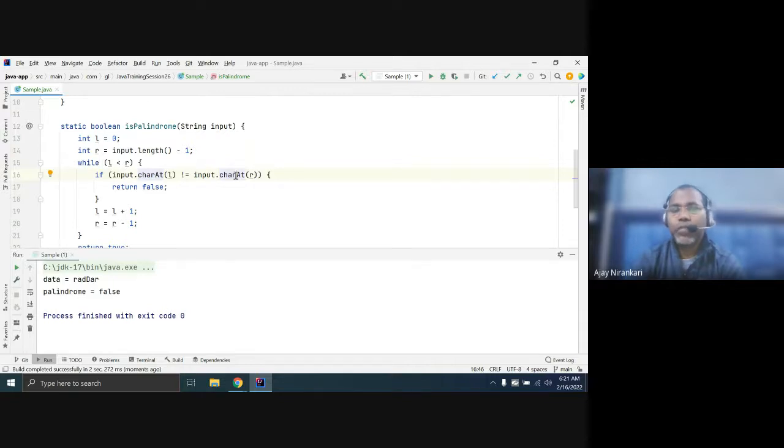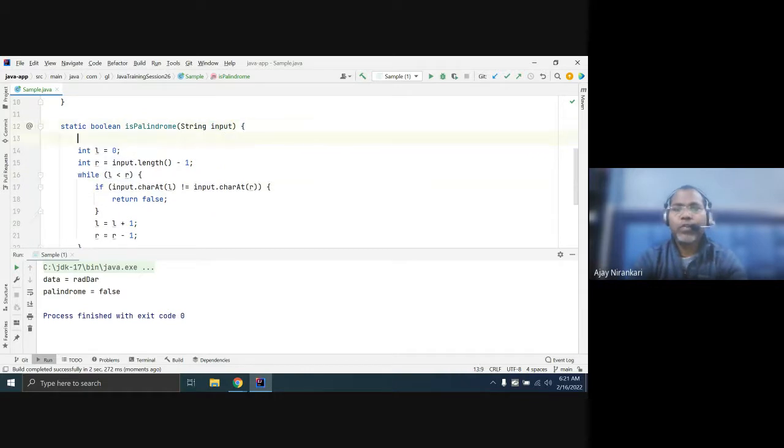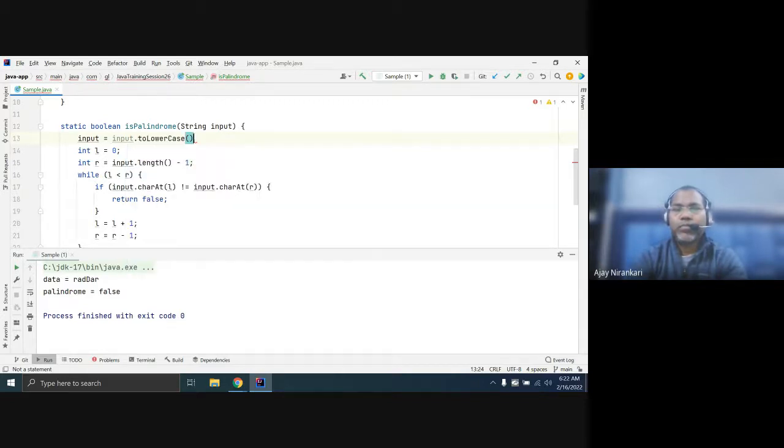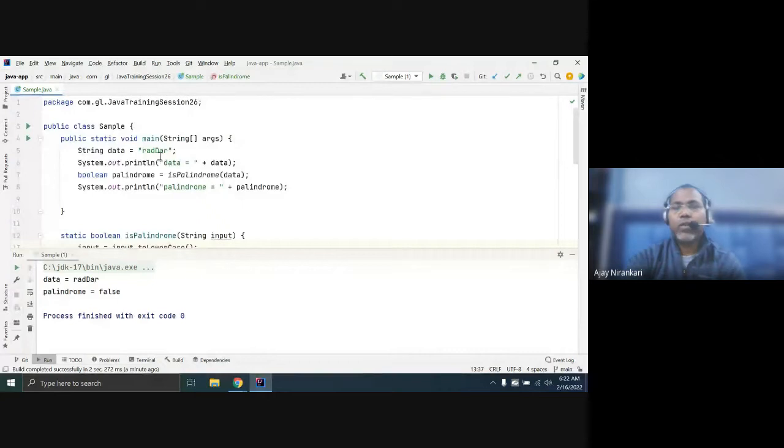So if someone asks whether you can ignore the case, what we have to do here is convert your input into one format, any one, either to lower or to upper. After that, your code will work for case insensitive information as well. Now it will be true.